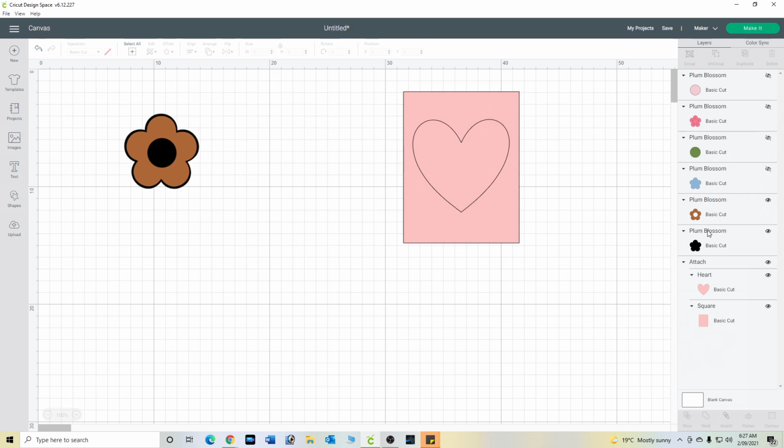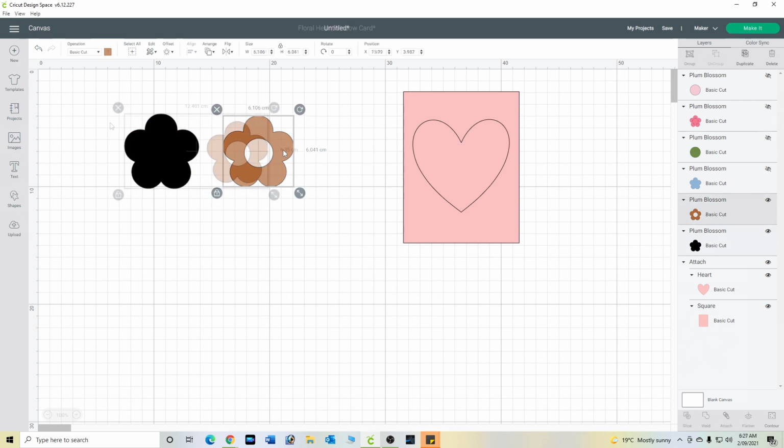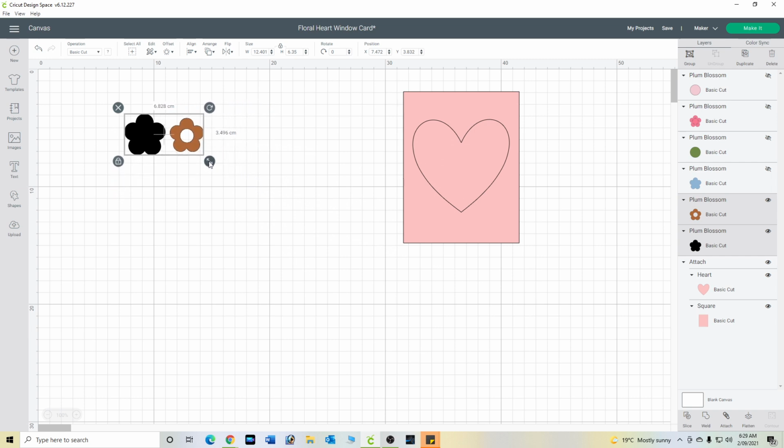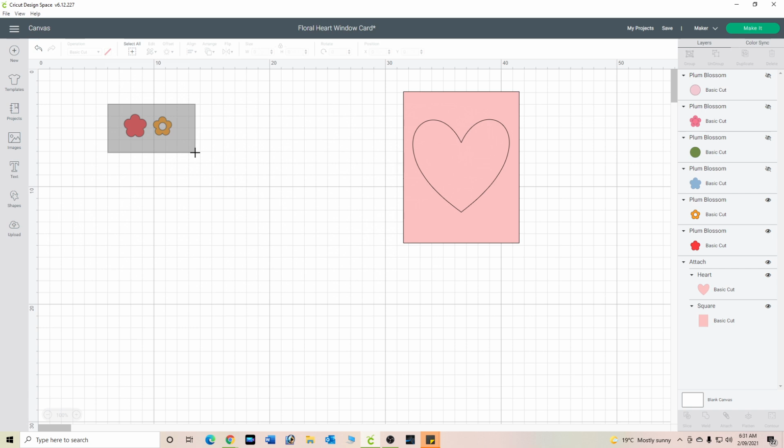So I only want to use these 2 pieces here. I can just highlight both of the images and then drag the right hand corner arrow in and resize them both together. So I want to make multiples of these flowers, and I'll do that by highlighting my images, and